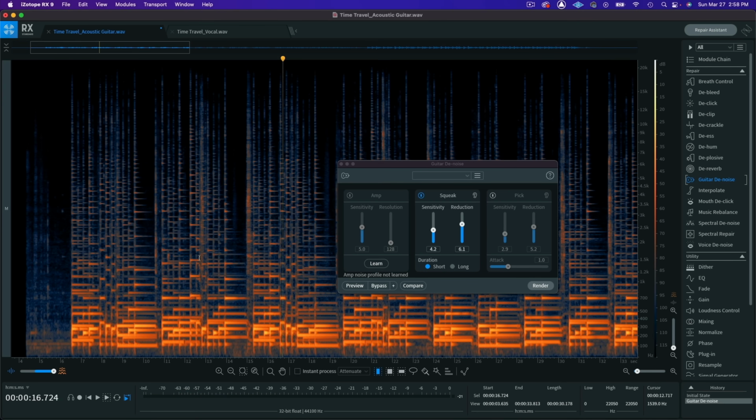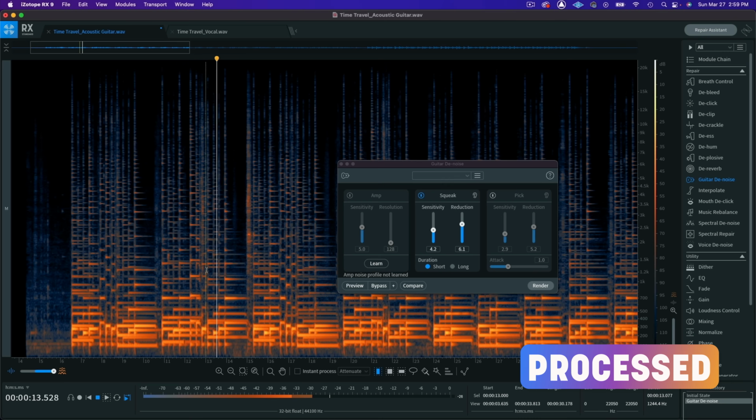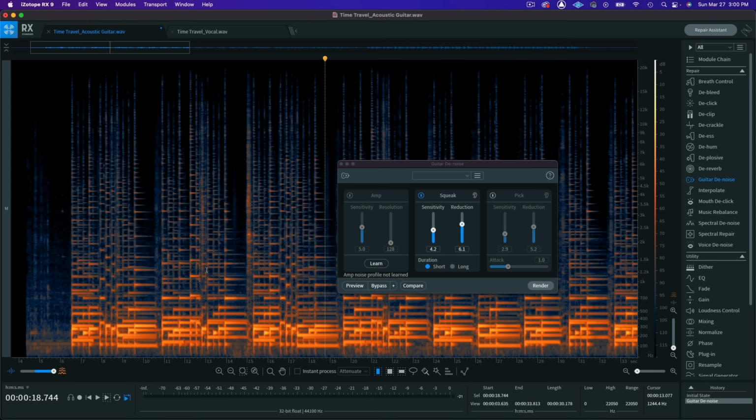Awesome. So the string squeak is still there, but I think it would sound a little weird if it was completely missing. So I think we've solved that problem. And here is a before and after. Here's before. And here's after. All right, so I think that sounds good to me. Again, you might want to attenuate that even more. For me, I don't mind if it's there as long as it's much quieter than it was and not going to be something that's too distracting later on.